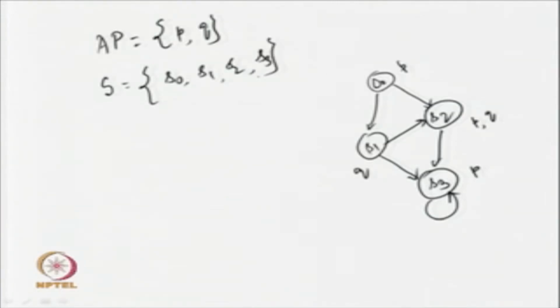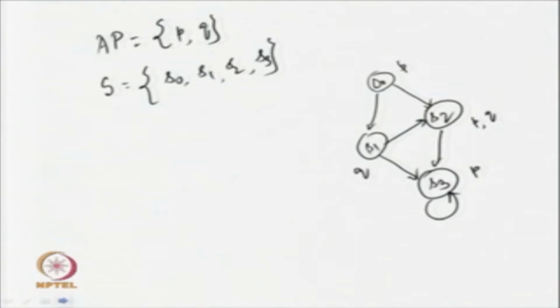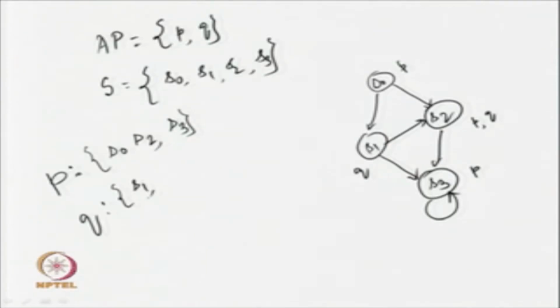Okay. And on the other hand, these are labeled with these atomic propositions. So, when we talk about a Kripke structure, we need the state transition system along with this labeling function. Now, when we are using OBDDs to represent the state transition system, along with that we must have the information of this labeling function, then only can ROBDDs be used for the model checking algorithm. So, in this case, just see which are the states where the atomic proposition P is true. If you see these, then this is S0, S2 and S3, and which are the states where the atomic proposition Q is true. Then in this case, you will find that this is S1 and